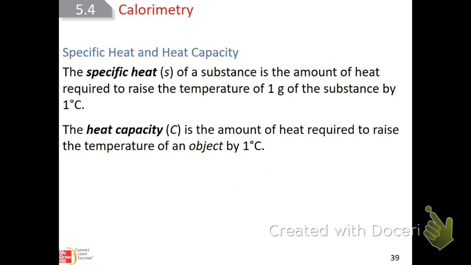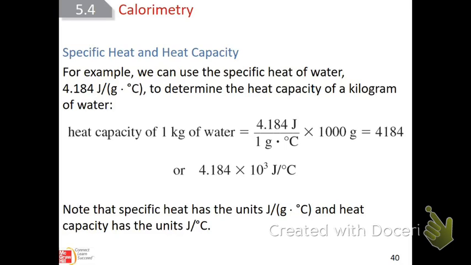Here's an example. Specific heat of water, which is just one more piece of evidence for me that there was a grand design in the design of our earth, because water has one of the largest specific heats of any substance known, absolutely, hands down. And our earth is almost 80% water. And if that were not so, that it had such a huge specific heat, that on days like today, when it is beautiful outside, and yet